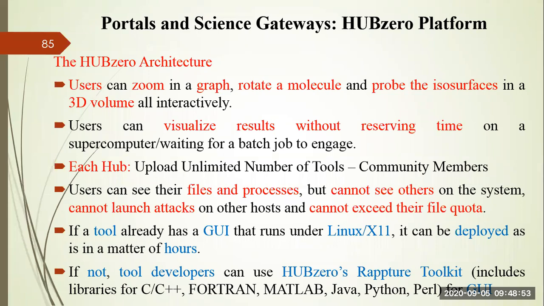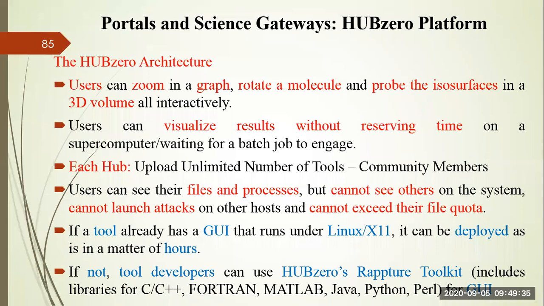Like you may be aware of DC++. There is a software called DC++ that is used in the local area network, especially by the people who are staying in the hostel, to share resources, movies, softwares, videos, right? So if you want to participate in this DC++ software, you have to share your 10 GB of videos or files. Once you share your 10 GB of files, then only you can extract files from others. If you do not share 10 GB of files, then that quota will not be fulfilled, and then you cannot download or view the resources of others.